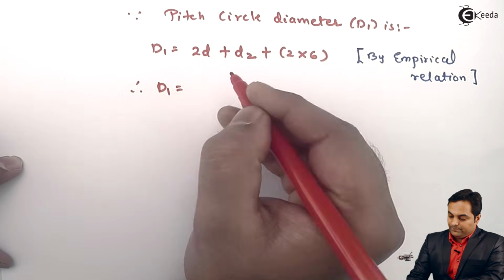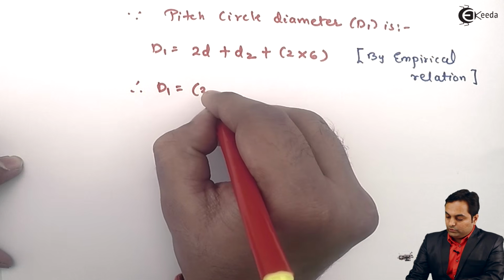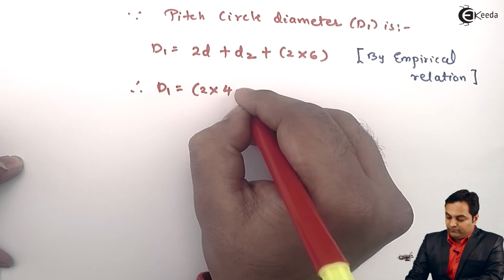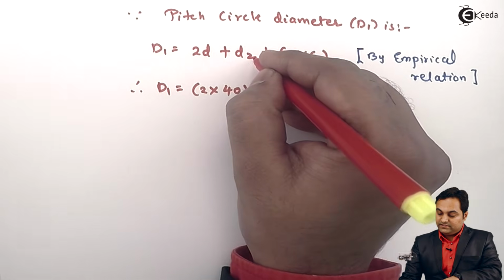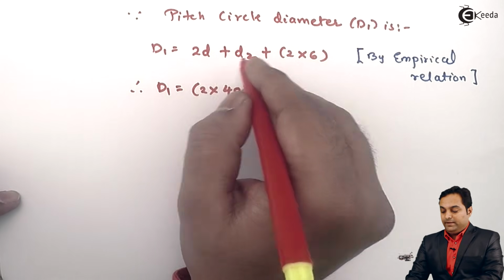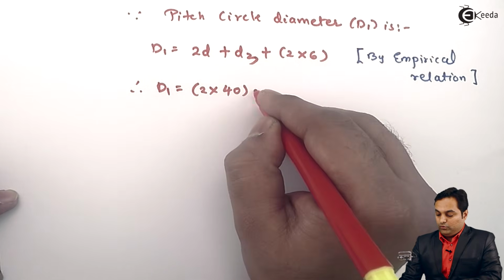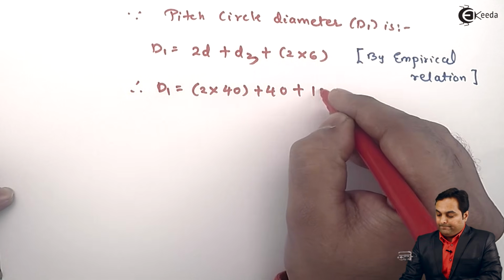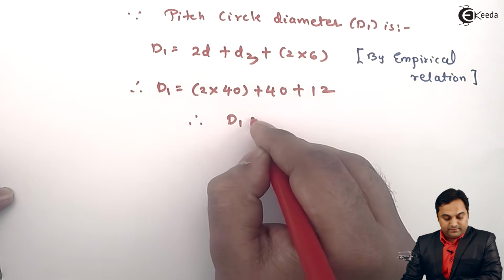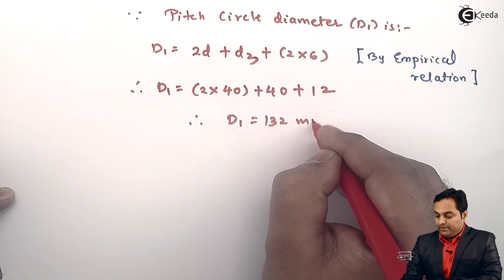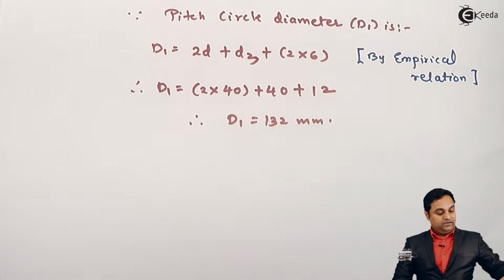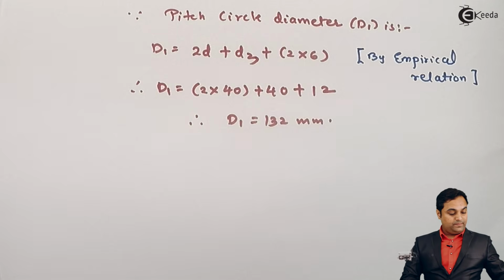Therefore D1 is equal to 2D plus D3, where D3 is the overall diameter, which is 40 plus 12. I calculate this, and my answer is 132 mm. So this is the pitch circle diameter which I am getting. Now after this I can say that